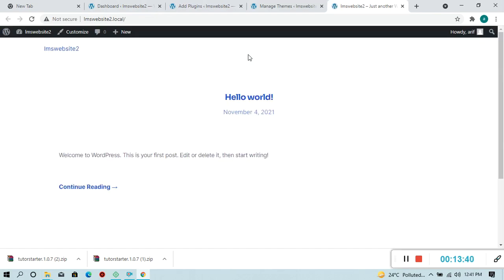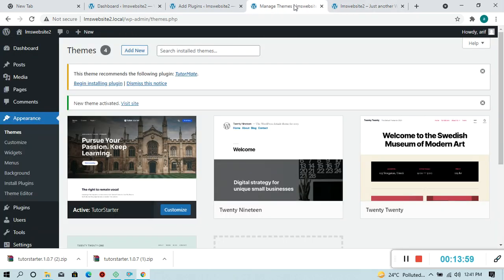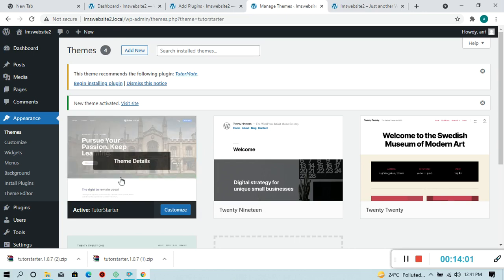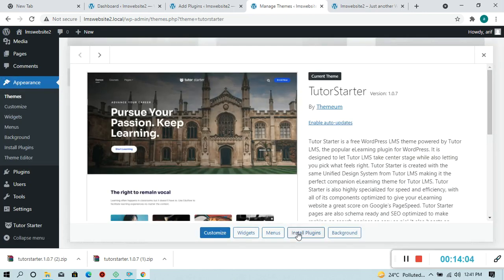So this is the default. Now I will show you how we can create pages, or how we can import the pages. So you don't have to write a single line of code, as I told you. And if you go there and click on this, this is the install plugin.